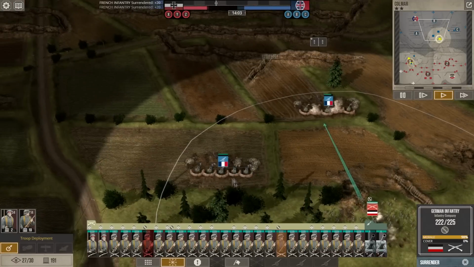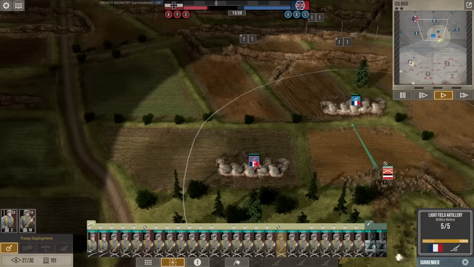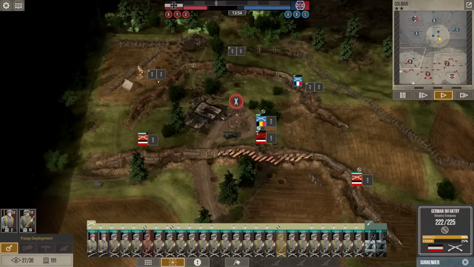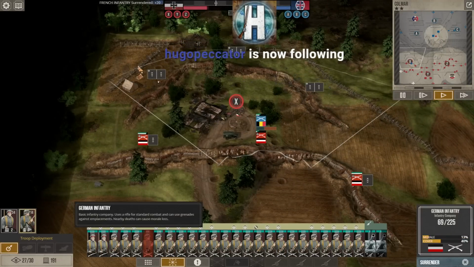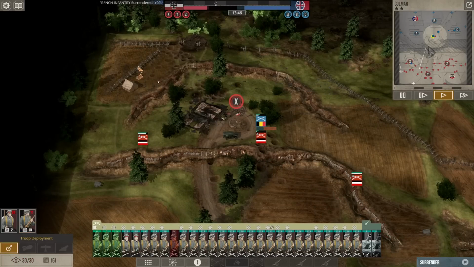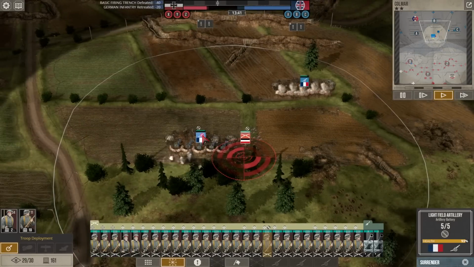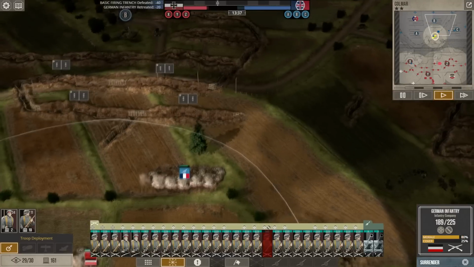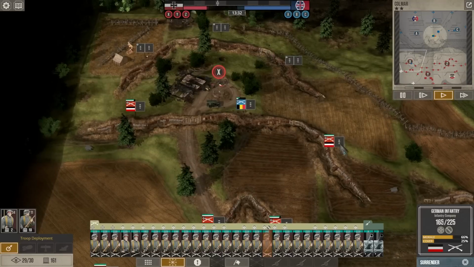All right, we spotted 2 enemy batteries of artillery here. Can we knock them both out? That would be great. Bring in 3 squads of infantry here as reinforcements. These guys are getting suppressed by the artillery in their front. But at least in theory, it's preventing the enemy artillery from firing on my lines. Why are you guys not...